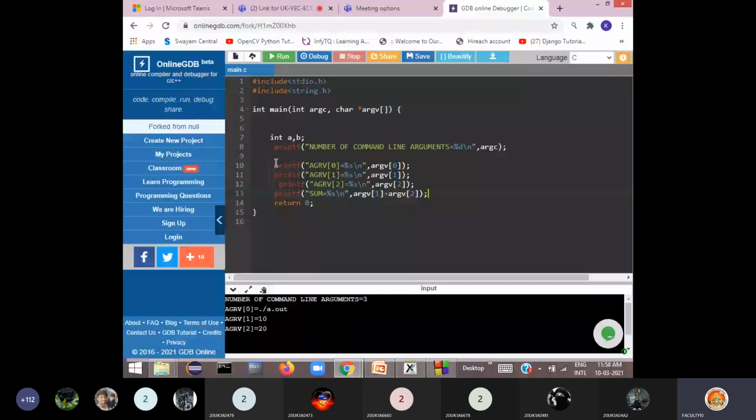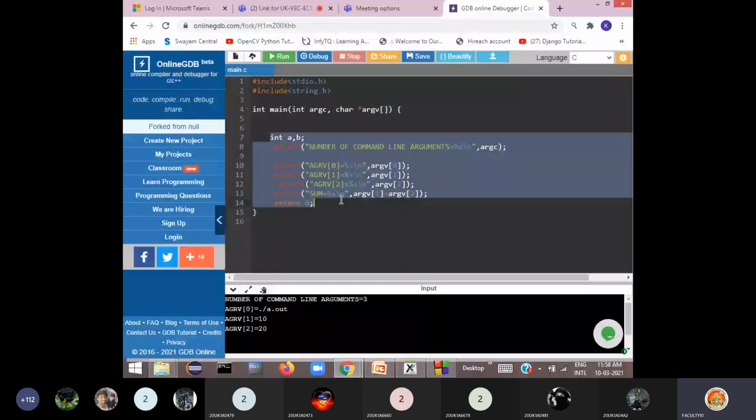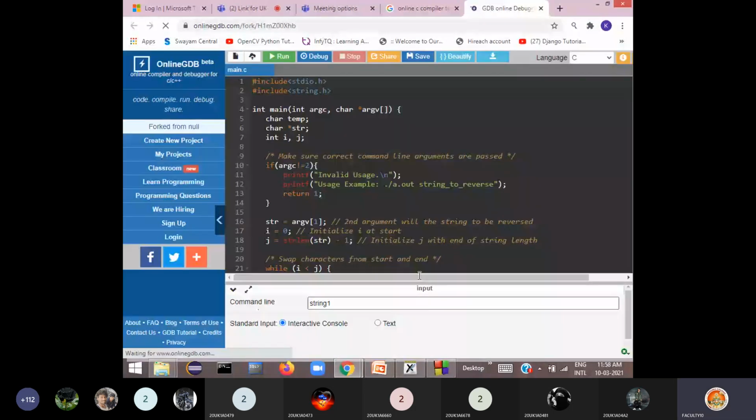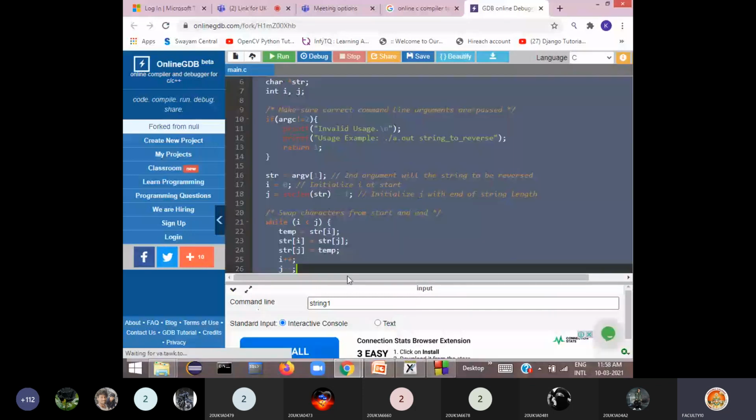Okay, so if I copy this and show the execution, now you can see here. So this entire thing I am removing. I paste this code here and close the main.